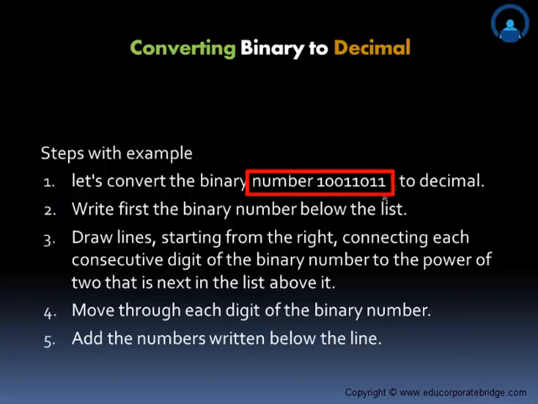The only difference, or the important trick here in this topic, is that we multiply each binary digit with a power of 2. That is, here it's the 0th bit, therefore 1 into 2 raised to 0. This is the first bit, this is the second, third, fourth, fifth, sixth and seventh. So this LSB is the 0th bit, that is 1 into 2 raised to 0 plus 1 into 2 raised